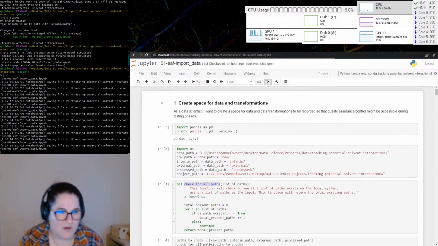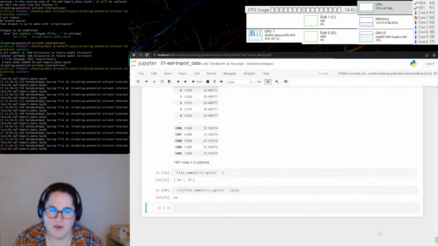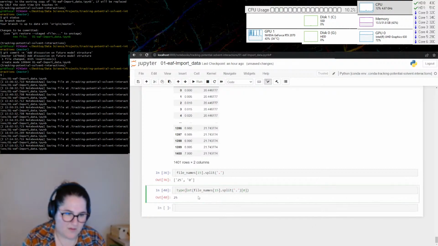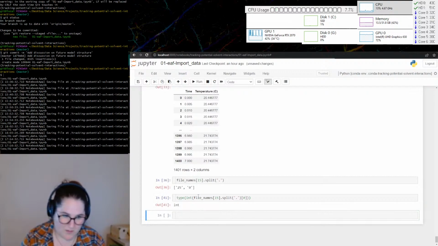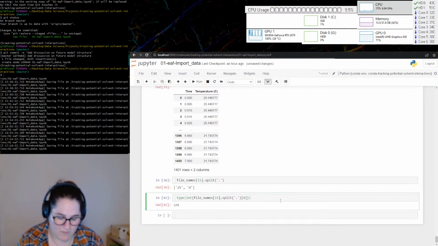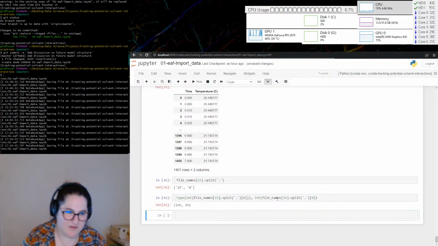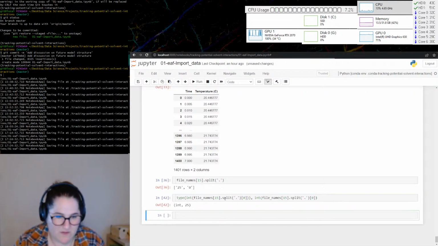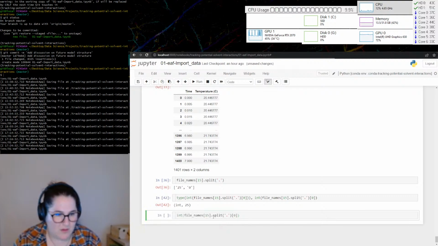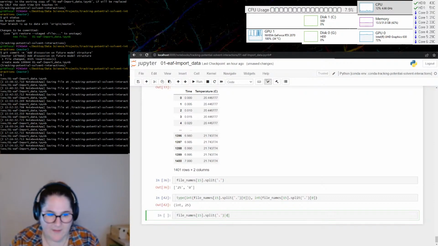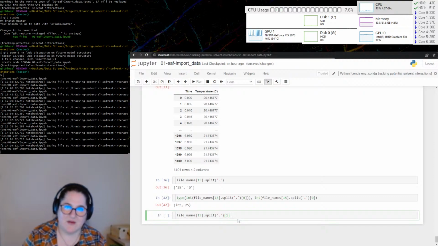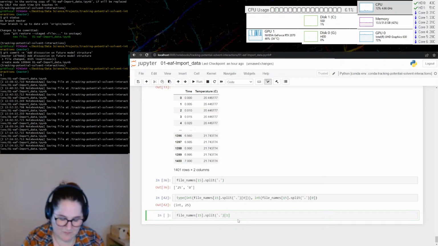And if I do dot type, is it here? Why did that happen? Come back here. Type. Okay, great. And it's an integer, which is what I want, and it's the number 25. That's great. And then if I do this, I don't want it to be an integer. This is a category, so I'm very trial 1, 2, and 3. Like, it doesn't matter what they are. And then I want to do type